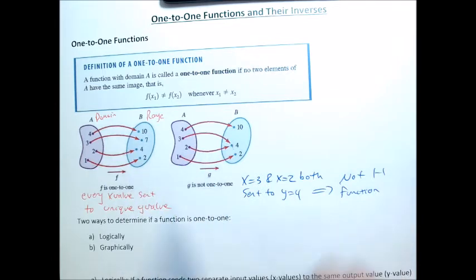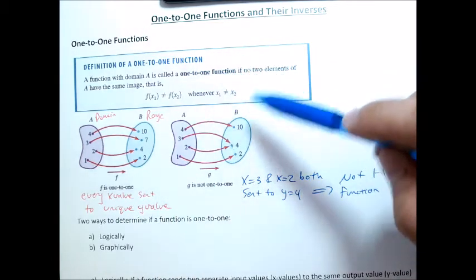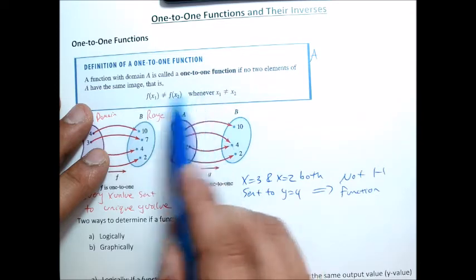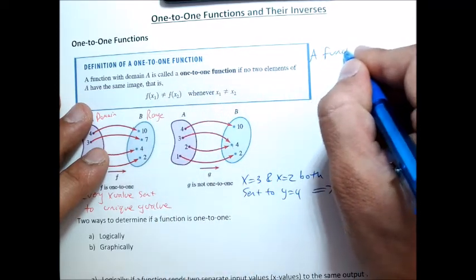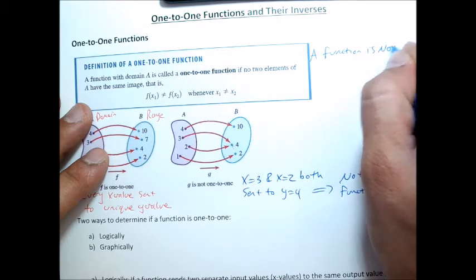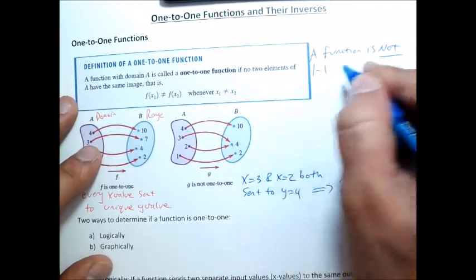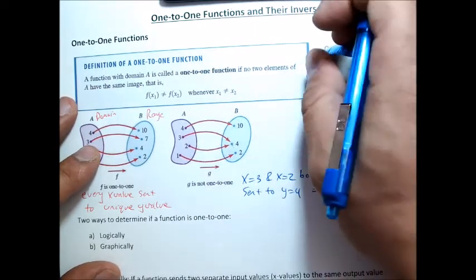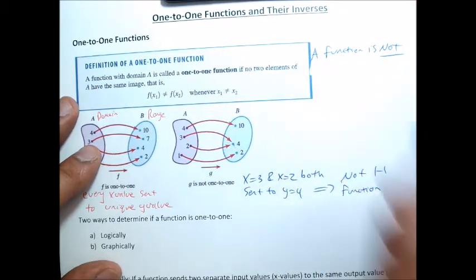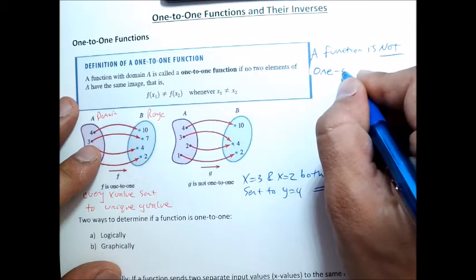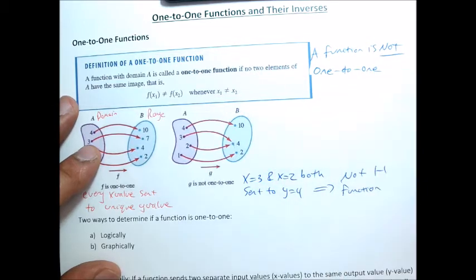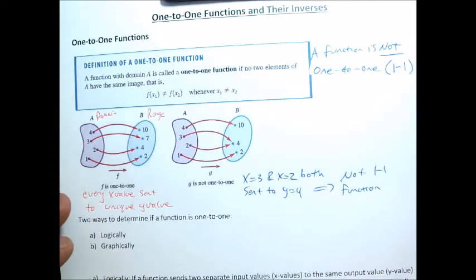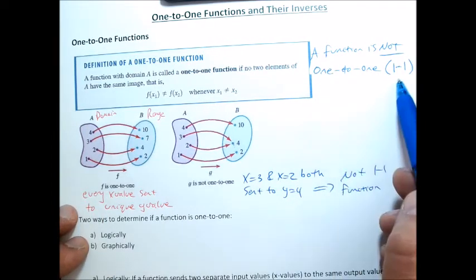And so I usually like to look at the pictures first, and then I'll just write that down right up here just to be a little clear about that. So we say, this is talking about when a function is one-to-one, and I just want to be clear that a function is not one-to-one. Oh, let me introduce this abbreviation, 1-1. That's how we write it out in words. I like abbreviating it with just 1-1. Is that okay? So anyway, a function is not 1-1, one-to-one,